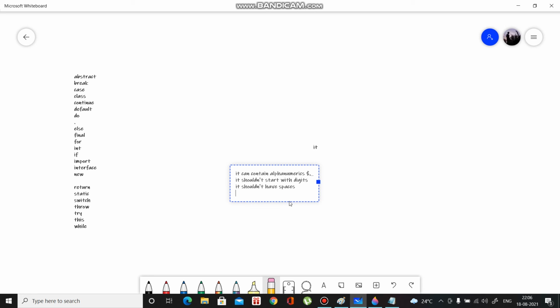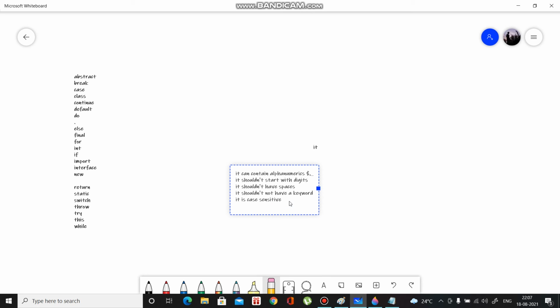It should not be a keyword, like the ones listed on the left: abstract, break, case. It is case sensitive, which means you should not change the spelling.